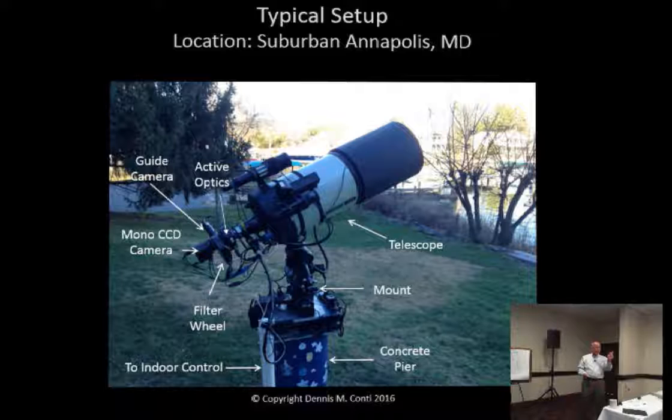Okay, because you don't want that star to wander around much on your detector because it may land on a dust mote if you haven't done good flat fielding. So the goal is to keep that star. Again, we want an accurate count of photons. That's what all this is about. So not to let the star wander. The guide camera is an off-axis guider, so the light comes in here, there's a little pick-off mirror, and it goes to that camera. That feeds back inside